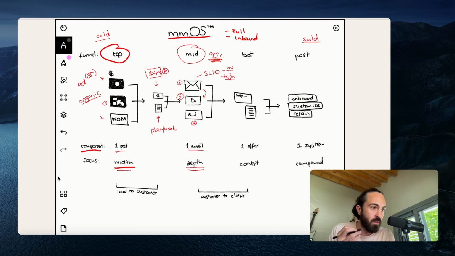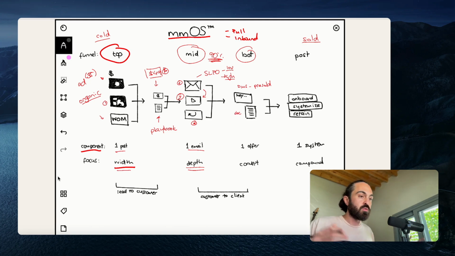Now, when I make offers on email, I want to get to the point where at the bottom of the funnel, these people that send me DMs are basically pre-sold. This is where I can use automation as well. I can use very simple interactions that are just like, send me the payment link, I'm pre-sold. And then this is the Google Doc offer, which I'm sort of known for, that doesn't require sales calls,